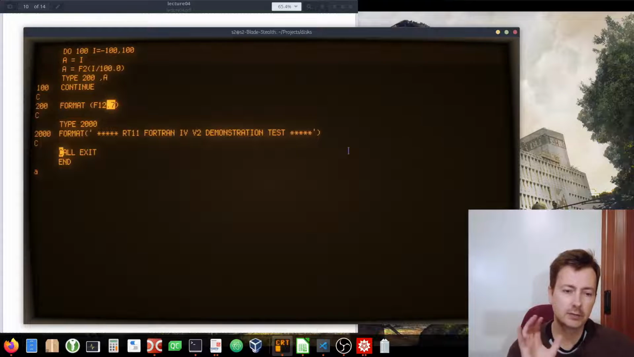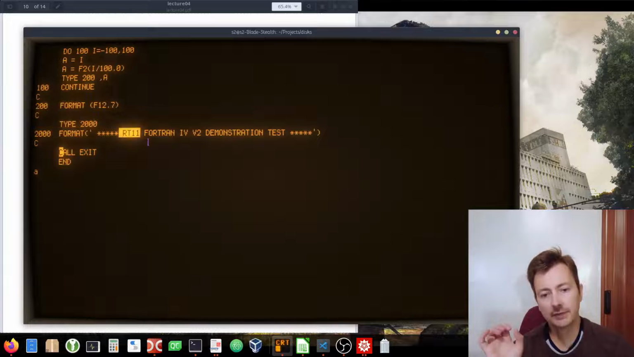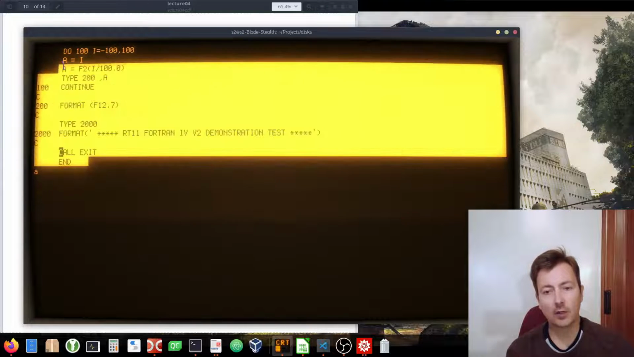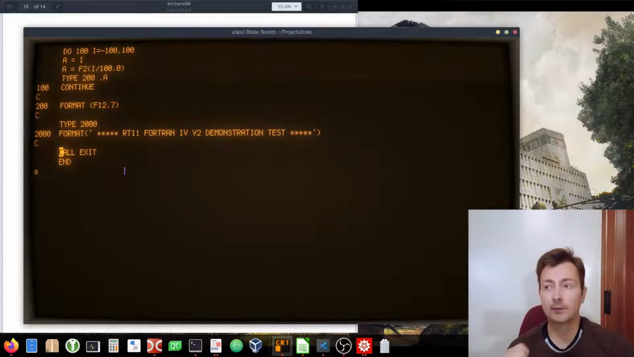And then finally, just to conclude the program, to make sure everything runs, it just prints out another line. It's RT11 FORTRAN 4 version 2 demonstration test. Now keep in mind, this is the old syntax. This is the old FORTRAN 4 with a standard from